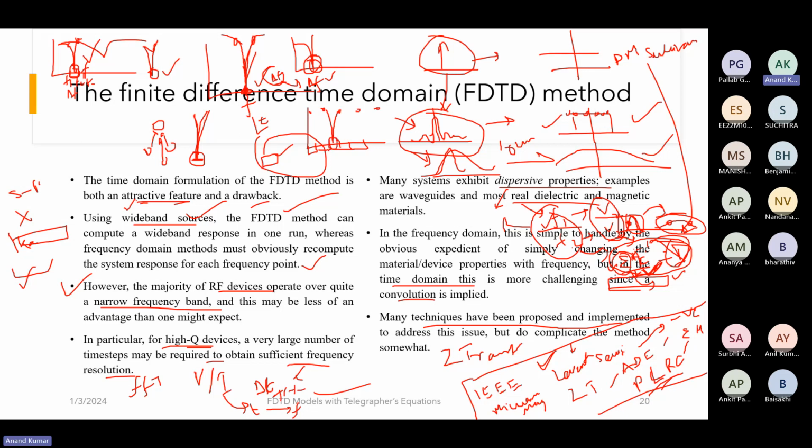And since you're designing this particular device in the frequency domain, you probably did some mathematics and you know it should be around this particular frequency. So for frequency domain solvers, you can just solve at this frequency and the nearby frequencies and see the resonance. But for a time domain solver, you will be using a wideband excitation, for example, an impulse function